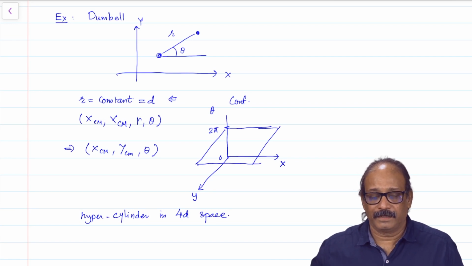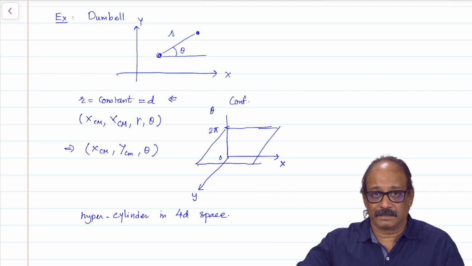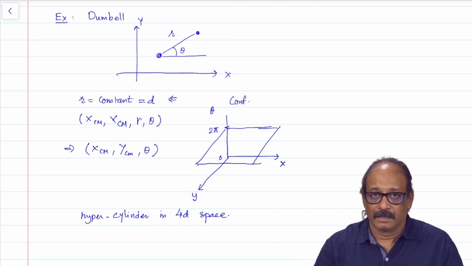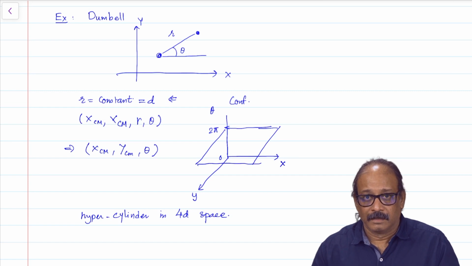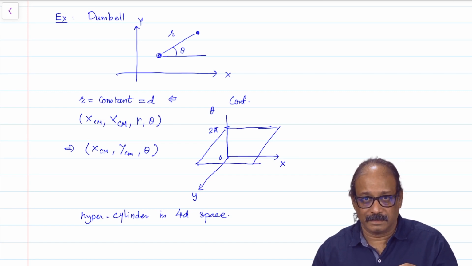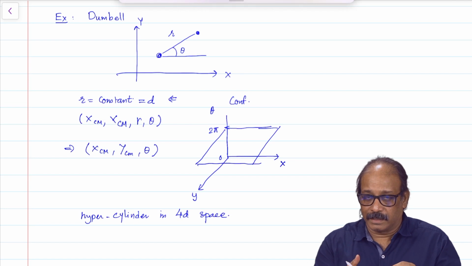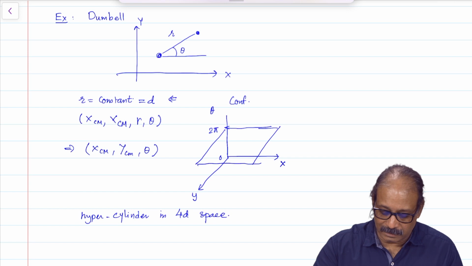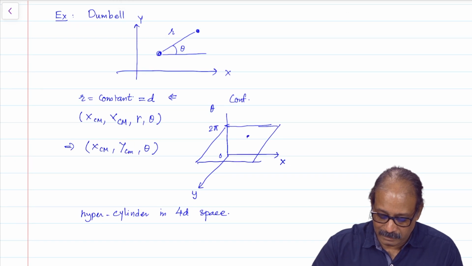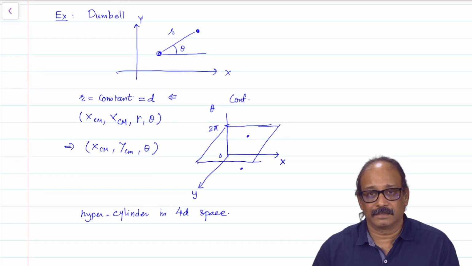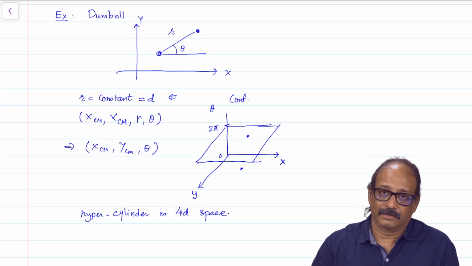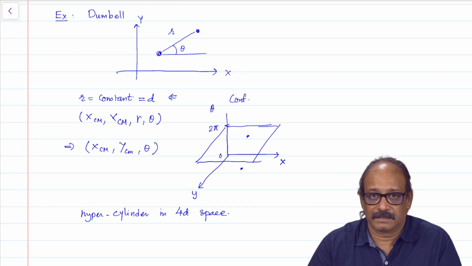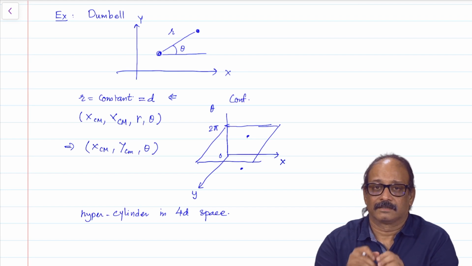And remember, every time I am tracing out the trajectory of the system, as the dumbbell rotates, the trajectory moves upward in the theta direction, and when it completes one rotation by 2 pi, it actually exits from here and jumps back into the theta is equal to 0 plane. So, this is another way in which we can visualize the configuration space here. So, this sort of summarizes